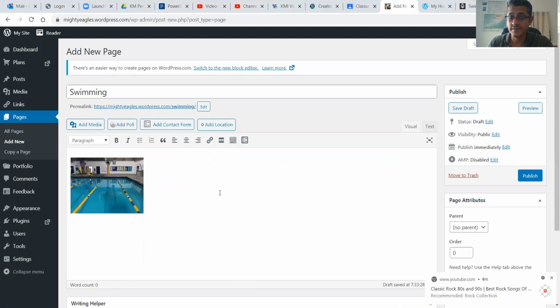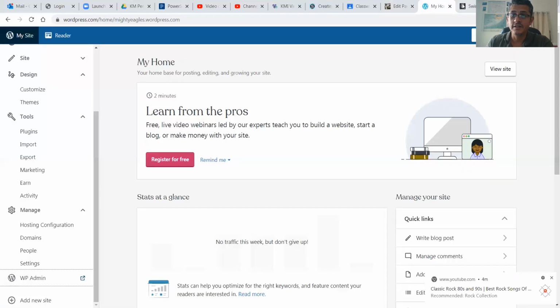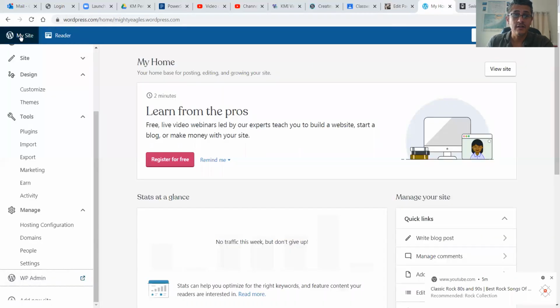Control V, paste. All right, publish. Okay, I've got my 2 images and my 2 pages. So now I just have to put it all together. Look, if you go to view site,